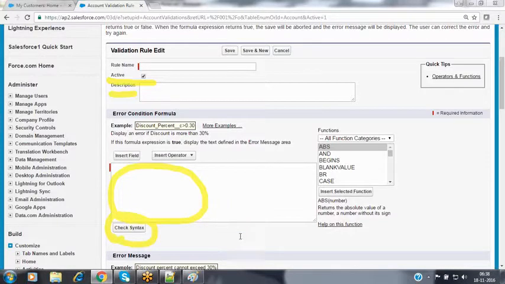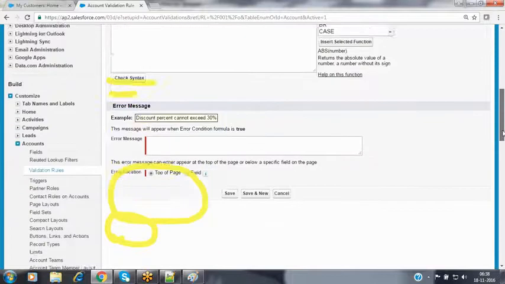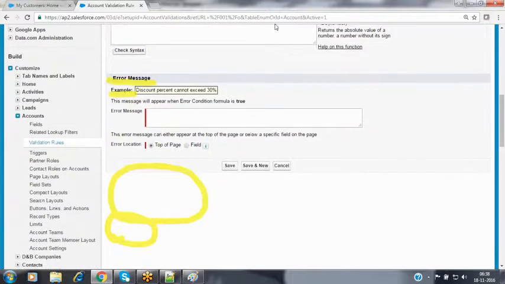And then, if the validation has failed, if the data is in an incorrect format, which error message do you want to show? Write that error message inside this text area, whatever error message you want to show. While displaying the error message, we can specify the location where you want to show it, on top of the page or at the field level, so we can use the Error Location.